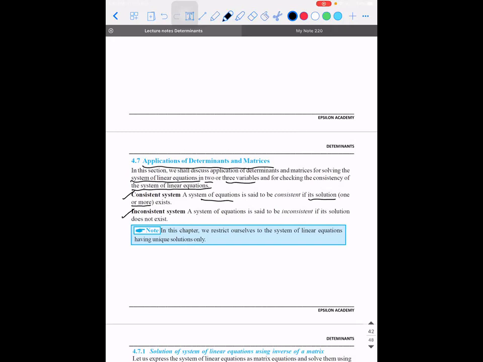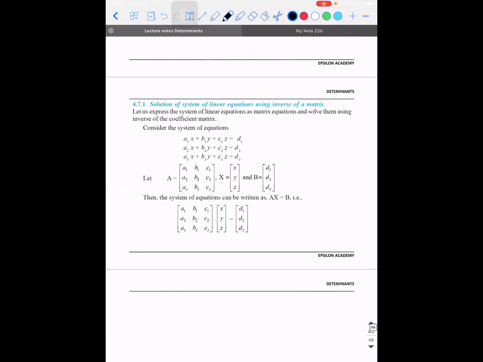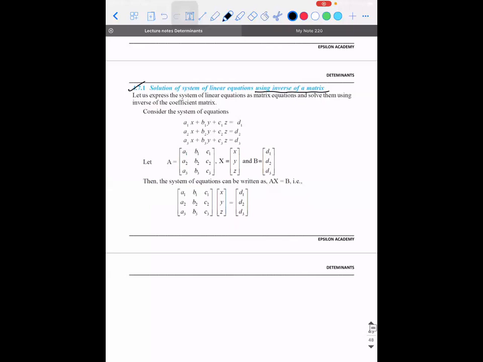Mostly that will be the case with singular matrices. Okay, let's see what they are. So, solution of a system of linear equations using the inverse of a matrix. Suppose they give you 3 linear equations like this. How are you going to solve it? A1x plus B1y plus C1z is D1, A2x plus B2y plus C2z is D2, A3x plus B3y plus C3z is equal to D3. Right? I told you already, whenever you have linear equations in your hand, you can write it as